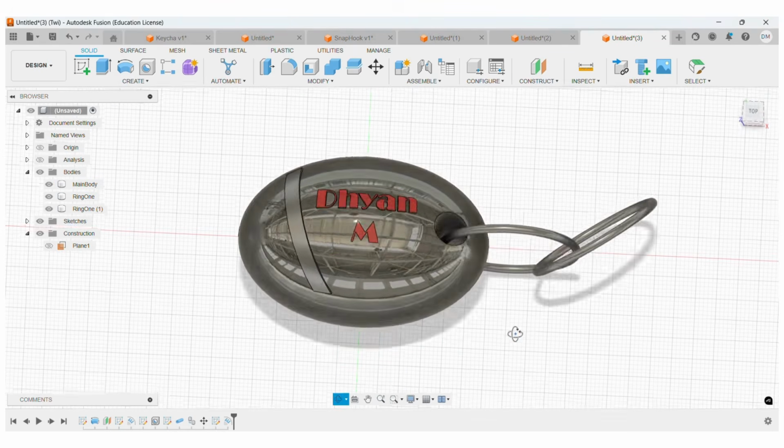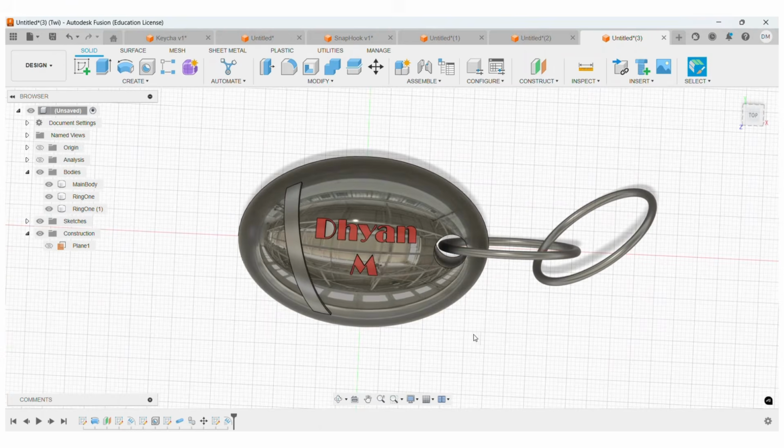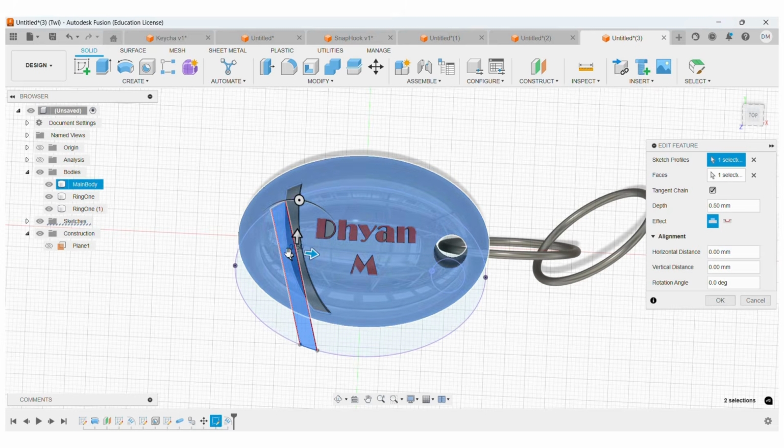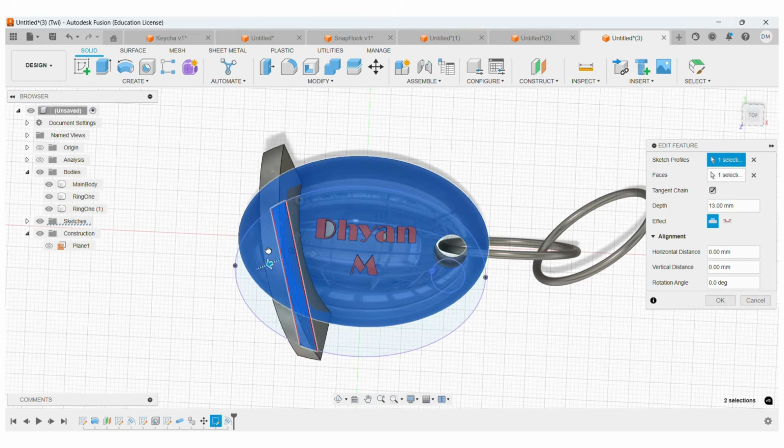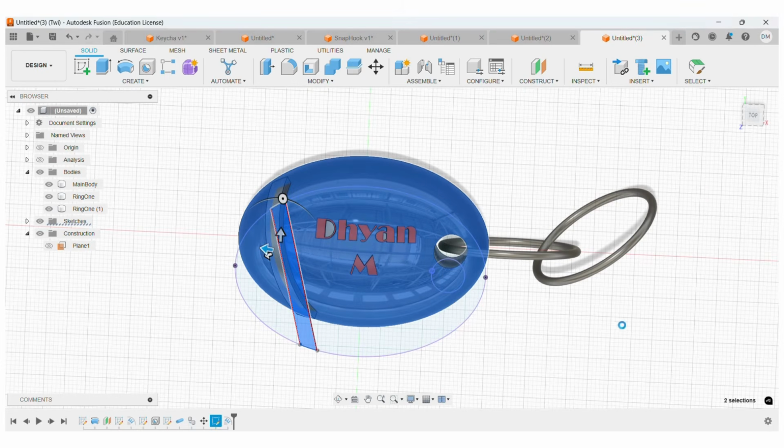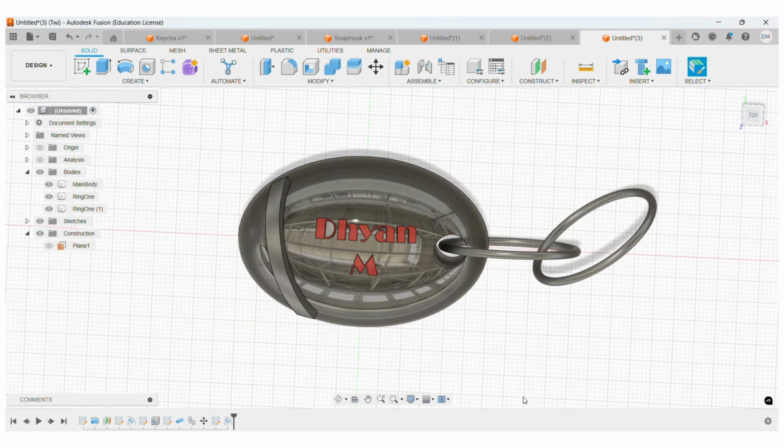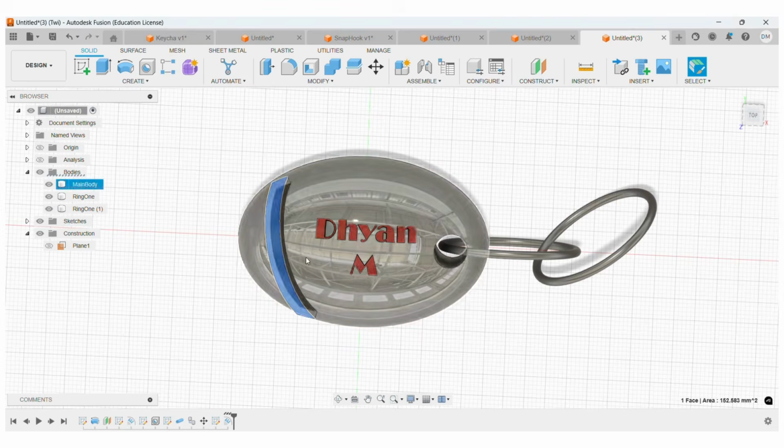So I think that gives it a more stylistic look. You don't have to do it. You can do such patterns if you want to. Otherwise you can just leave it be. I think it's already good as it is. Yeah, we'll keep it at that, and we click on OK. So with that we have successfully finished our